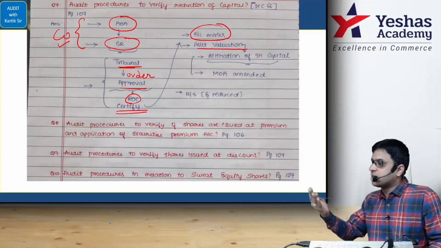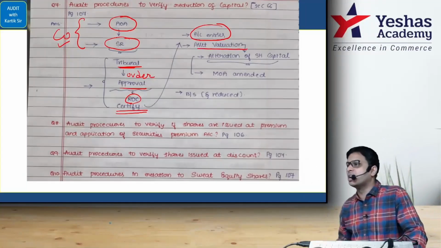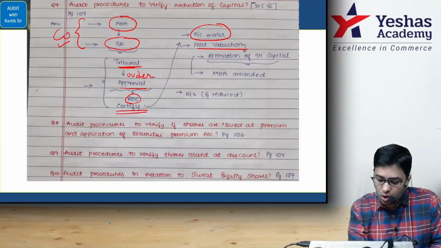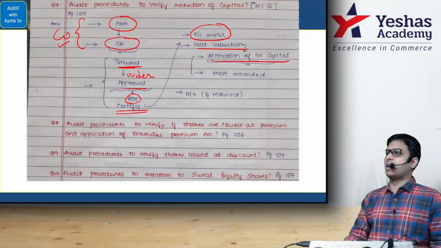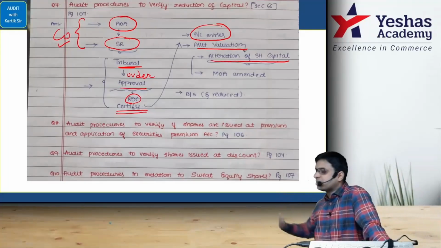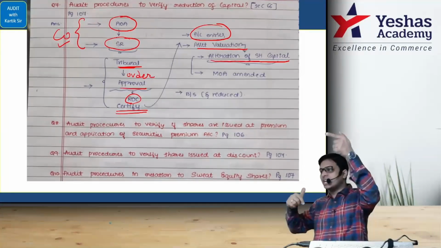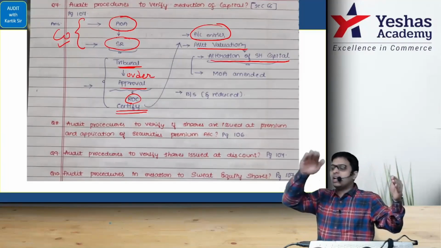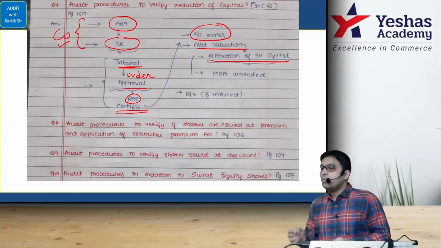And the whole point of doing this was to reduce your share capital. So on the liability side, what are you doing? Look here, alteration of share capital. Tell me again, very easy. The ROC has given a certificate, so now you can do the required accounting entries. Asset valuation you will change. Liabilities, you will alter the share capital.